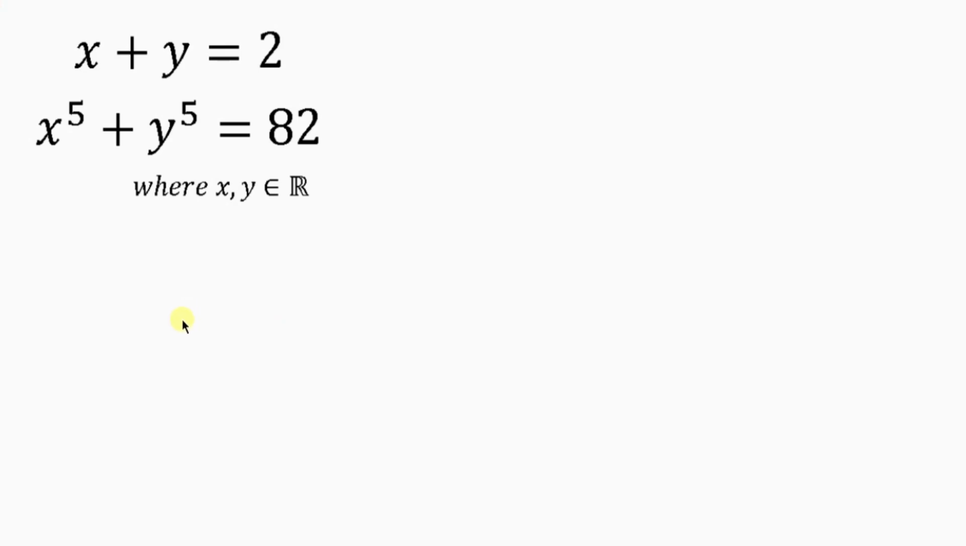Look at this nice and beautiful question we have here on the board that we're going to be solving. The question says, for all real values x and y, such that x plus y is equal to 2 and x to the power of 5 plus y to the power of 5 is equal to 82. Now, I'm going to be showing you a simple trick that you can follow to solve questions like this